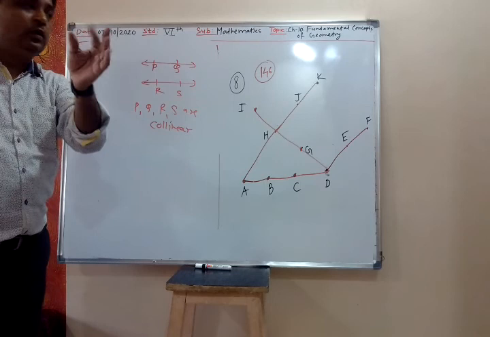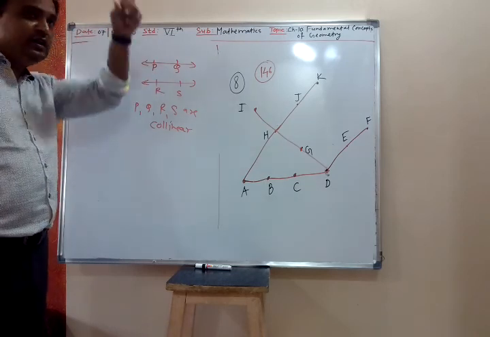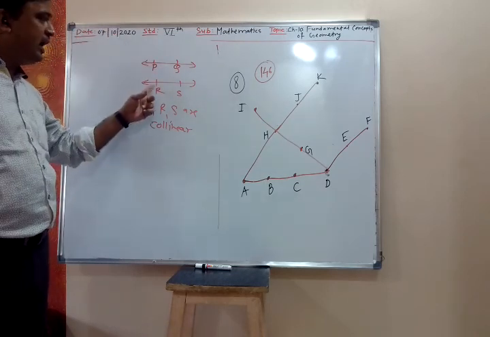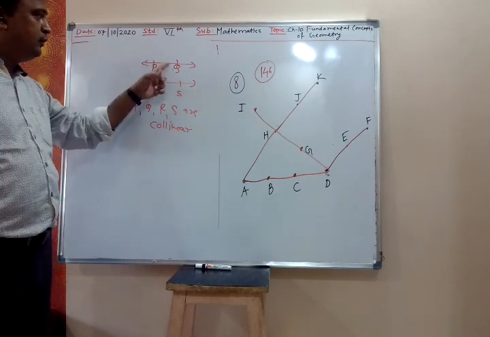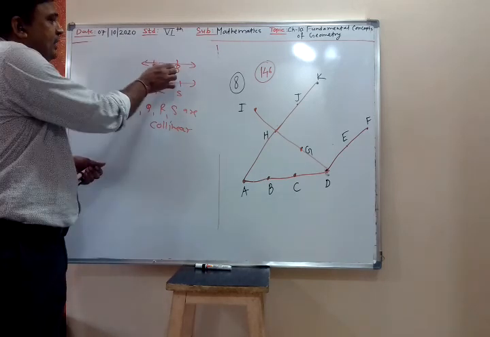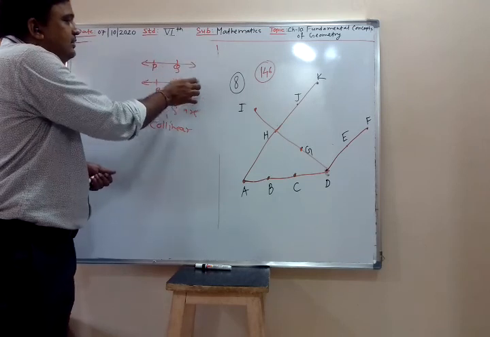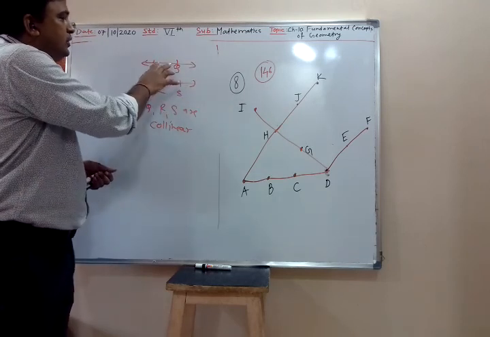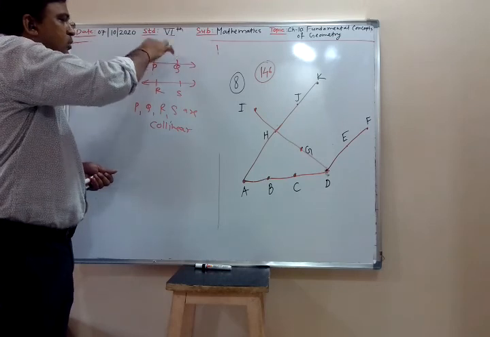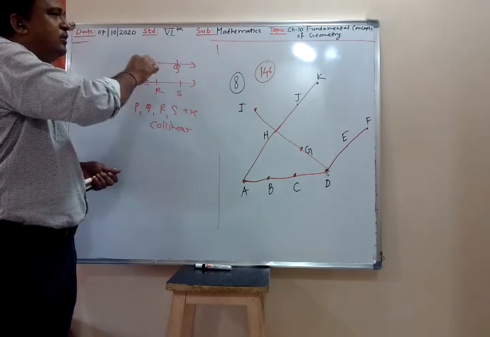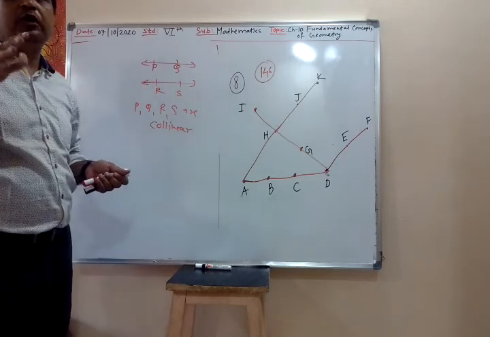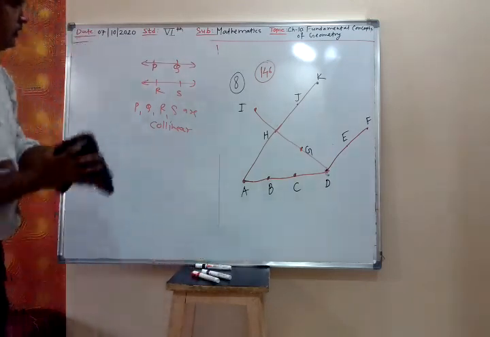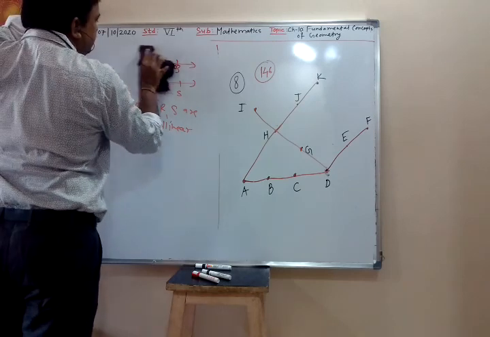The points P and Q are collinear, and the points R and S are collinear, because only 2 points lie on this line and 2 points lie on another line. So you can take 2 points PQ as collinear and points RS as collinear, but when you take combined PQRS, all the 4 points. Yes, ask the doubt.